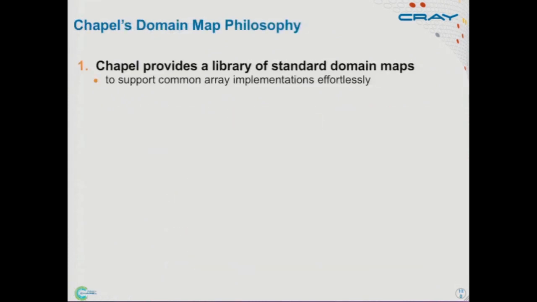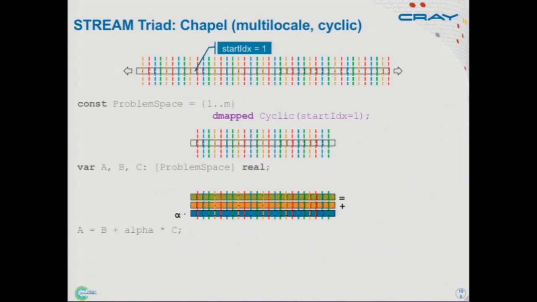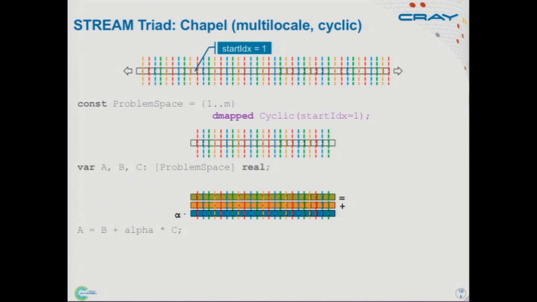All right, so at this point, let me talk a little bit about our philosophy of these domain maps. Can I have multiple mappings coexist simultaneously for data? So every domain has a single domain map associated with it, and that domain map is part of its static type. So a domain cannot change domain maps over its lifetime. Therefore, if you want different distributions over the lifetime of a program, for example, if I want to change something from block to cyclic in an FFT algorithm, typically there'd be some phase in the program where I would slosh from my block domains and arrays over to my cyclic domains and arrays and deallocate the other one.